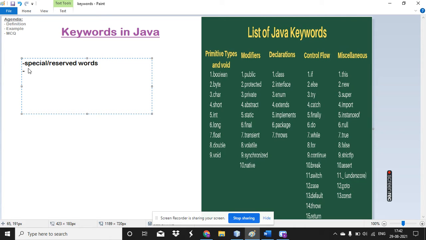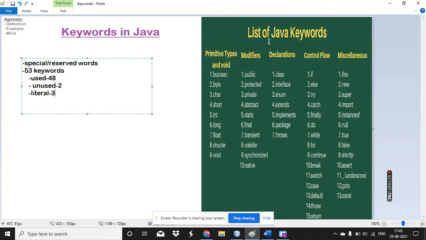And in total, we have 53 keywords. Fine. And we have several categories under this. What are they? Used keywords, unused keywords, and the next one is literals. Fine. So in the used category, we have 48 keywords in total, in the unused category, we have 2, and in the literals category, we have 3. So the used category words are listed here.